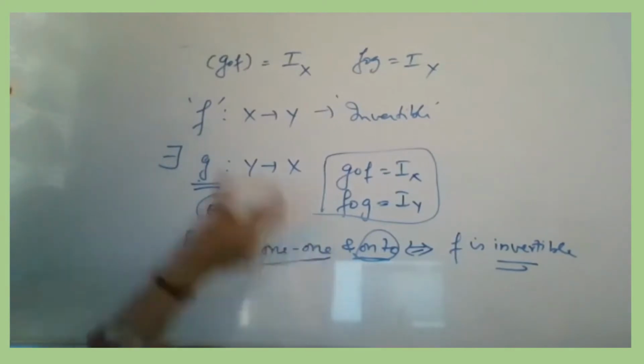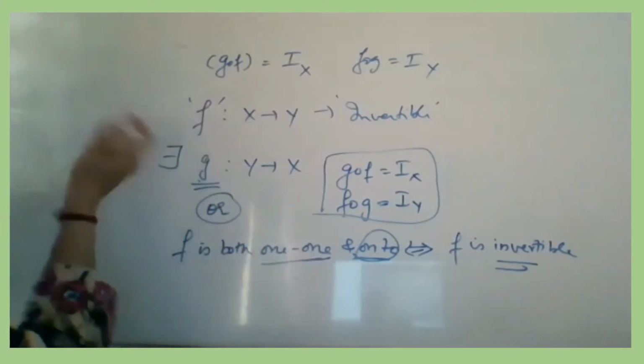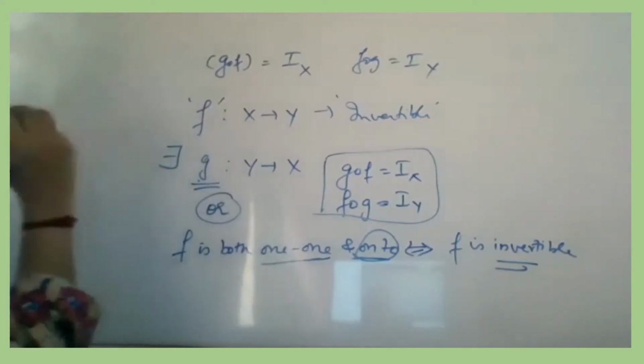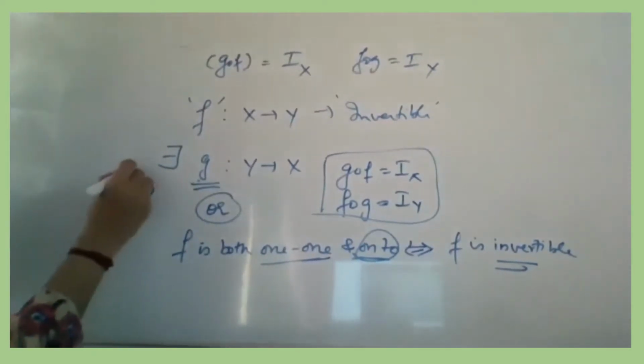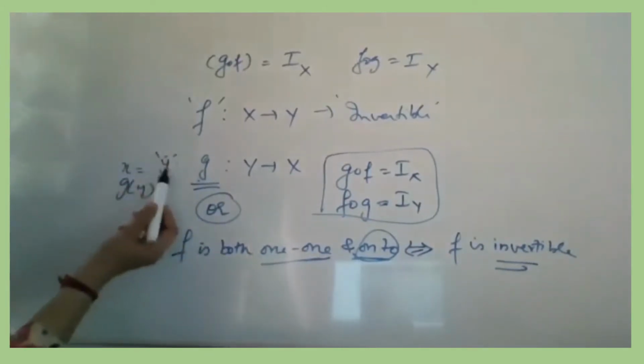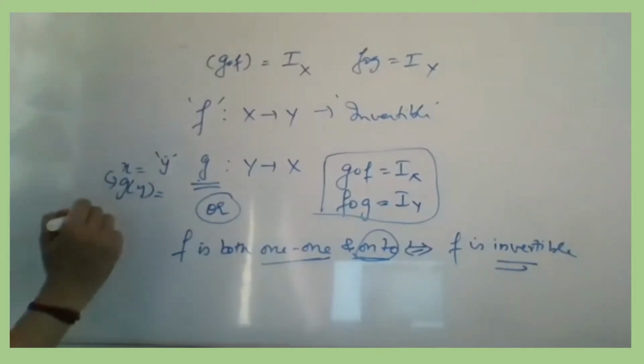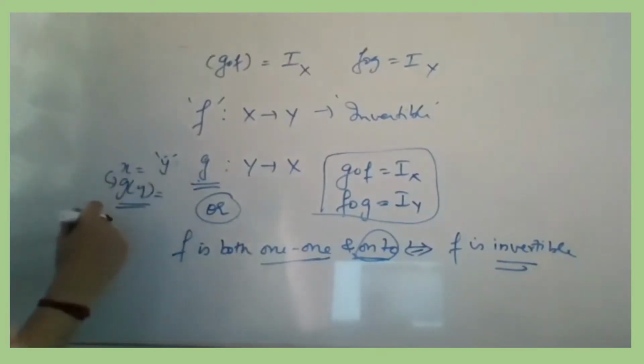In onto, what do you do? In the function f of x that is given, you put y equal to f of x and make x equal to something. Whatever x equal to comes, you take it as g of y. Whatever you have taken as x equal to, that will be in your y form, right? It will have only y, and this x equal to is taken as g of y equal to. So from there you will get the definition of g. So you have done this onto process.